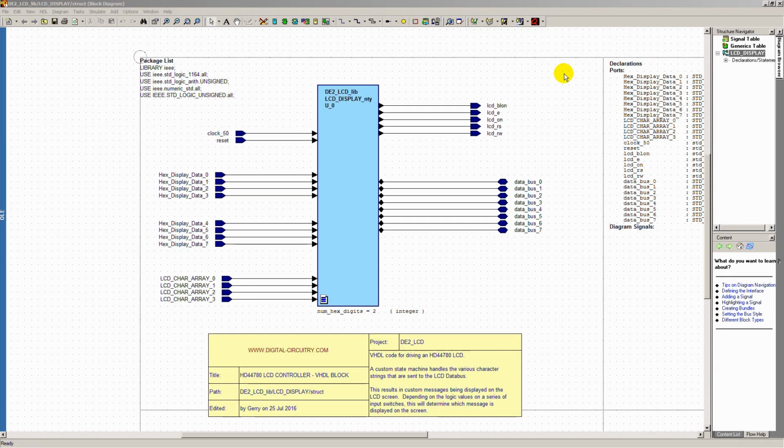Okay, folks, welcome to part 3 of my HD44780 LCD tutorial using Mentor Graphics HDL Designer software. We're using the Altera DE2 board's display, and we're driving all the conditions with that using VHDL. In this third video, I'm going to be elaborating on the clock signals and also the infamous 400 Hertz clock signal that was used to drive the LCD